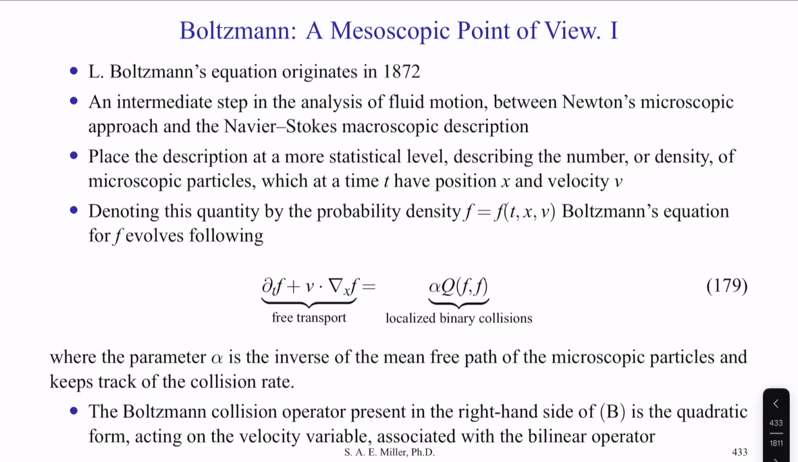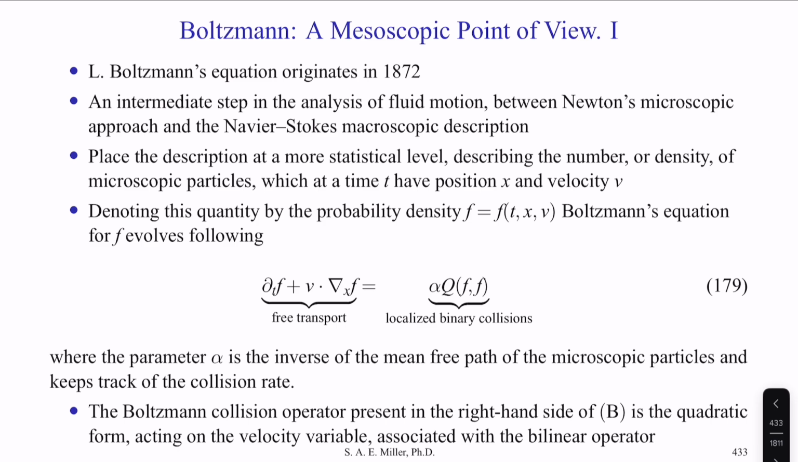We looked previously at Newton's approach and the Navier-Stokes equations from an introductory point of view. Now we're going to turn to the mesoscopic point of view created by Ludwig Boltzmann in 1872. It could be seen as an intermediate step for the analysis of fluid motion between Newton's microscopic approach and Navier-Stokes macroscopic descriptions. This is more statistical fluid dynamics, even though Navier-Stokes can be seen as statistical or derived from first